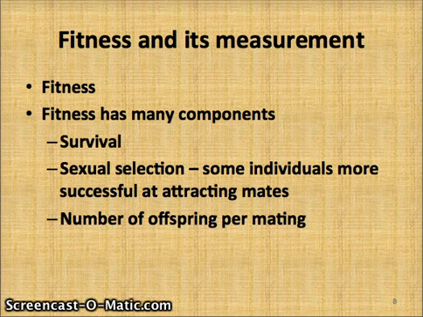To be the most fit, you have these three components. First, you have an improved survival rate. You're able to find food faster, better. You're able to hide from predators better, so you survive better. Second, you have an improved sexual selection rate, meaning that you are chosen more often to be a mate, so you pass your offspring the new genes. And then third, the number of offspring, means you have a greater number of offspring per mating. So again, you leave your genes to more babies. It's all about leaving your genes to your kids.